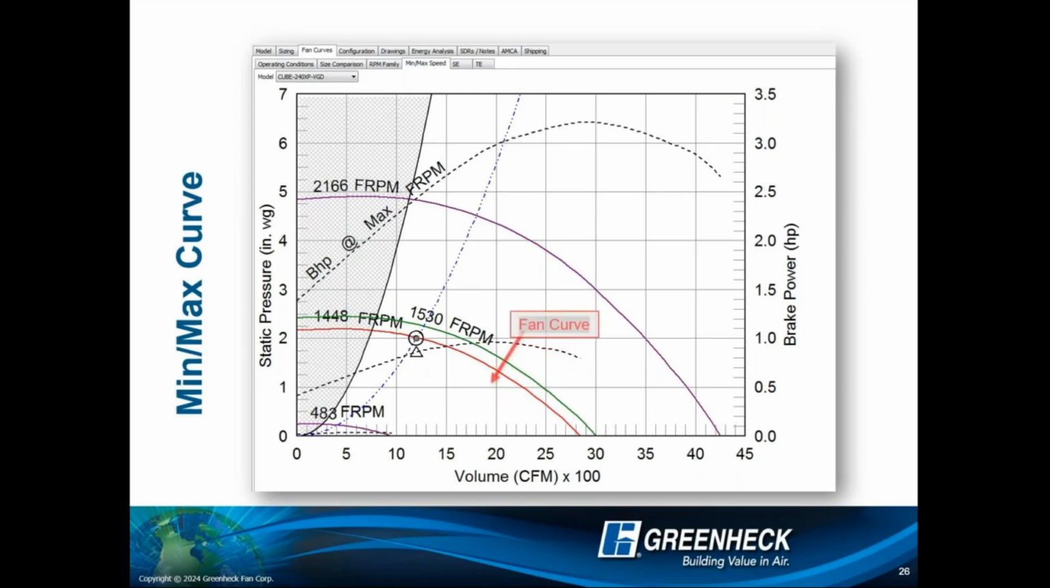It's worth noting too, if it's a variable volume application, it's good to look at this curve. But even if it's a constant volume application, it's really good to look at this curve because one of the things that I don't know if you're going to mention it eventually, but all these curves that we're looking at, they're all based on AMCA rated data, and AMCA rated